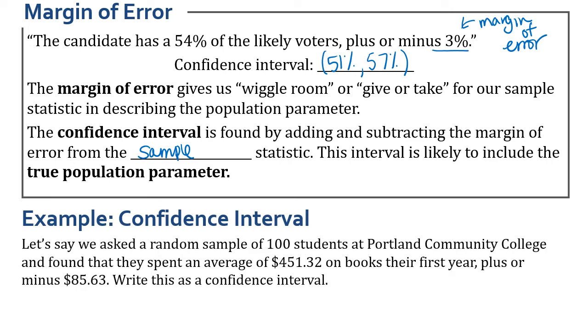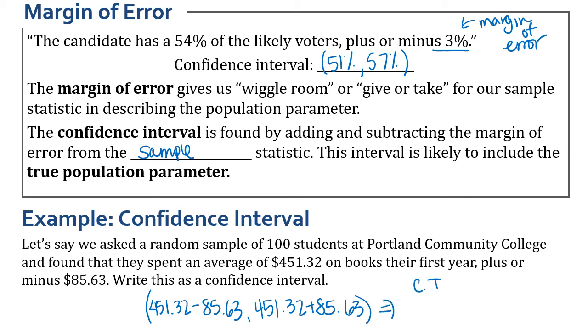Let's say we asked a random sample of 100 students at Portland Community College and found that they spent an average of $451.32 on books their first year, plus or minus $85.63. Write this as a confidence interval. So if this was being written as a confidence interval, that first value is going to be $451.32 minus $85.63. And then the end of our interval is $451.32 plus $85.63, which gives a confidence interval of